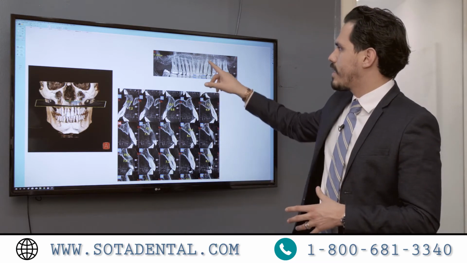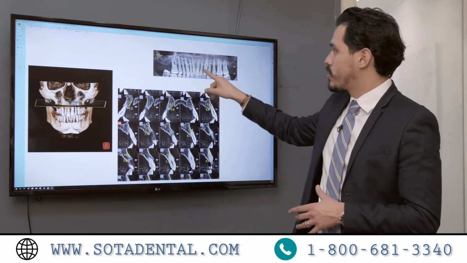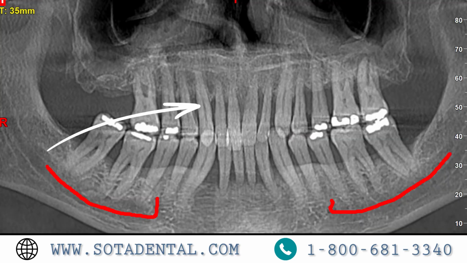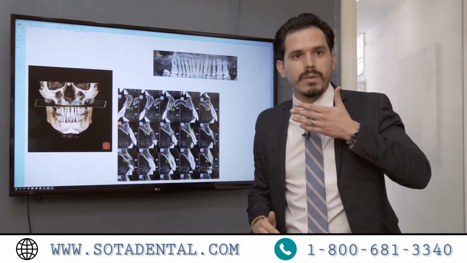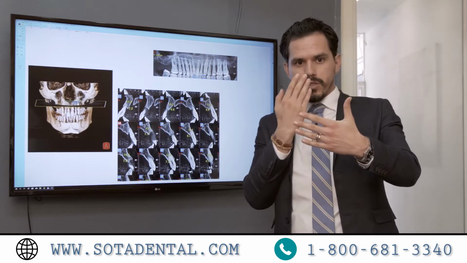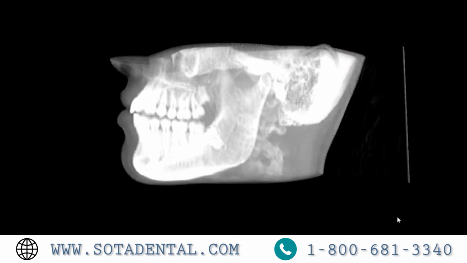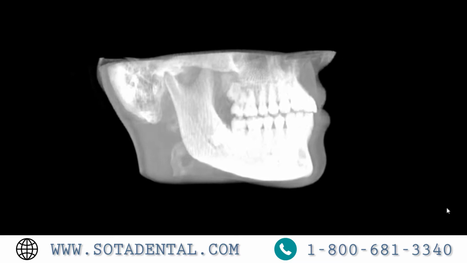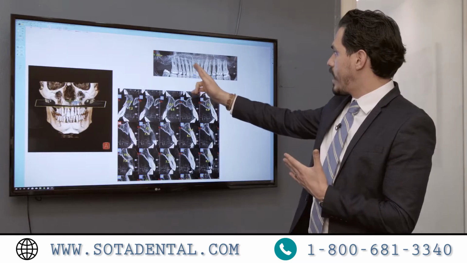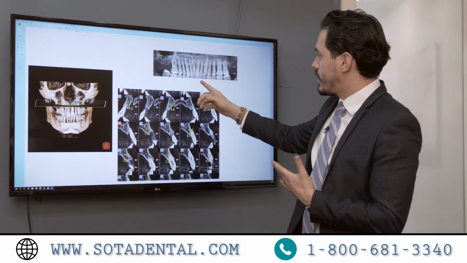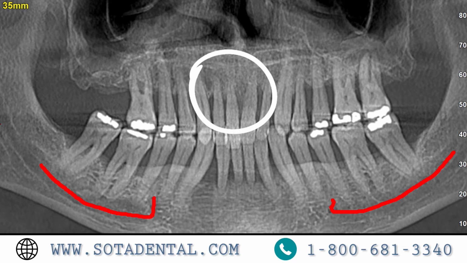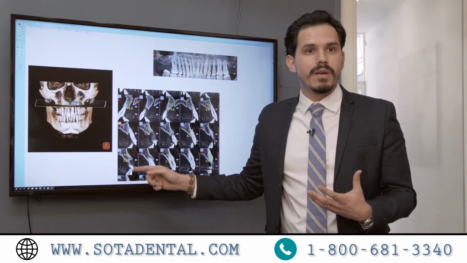The CT scan allows us to see what's going on. There's bone loss, really bad bone loss all around the tooth. And in a normal conventional x-ray, you would only be able to see it from a 2D perspective. Sure, there's bone loss, but is there bone behind the tooth? You can't see that. Well, here you have it. Between millimeter 30 and 40 in this, we have it here that the tooth has movement because there's no